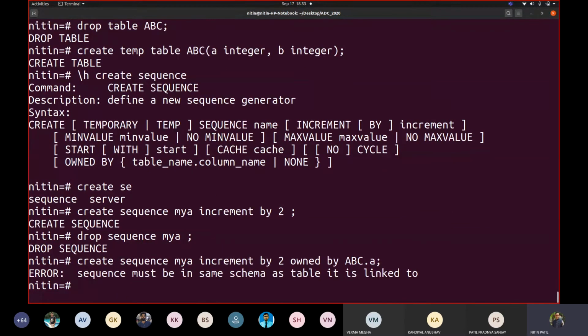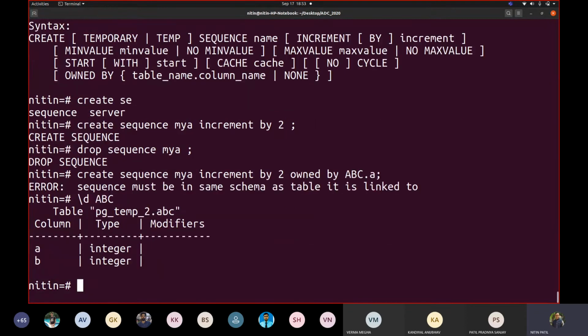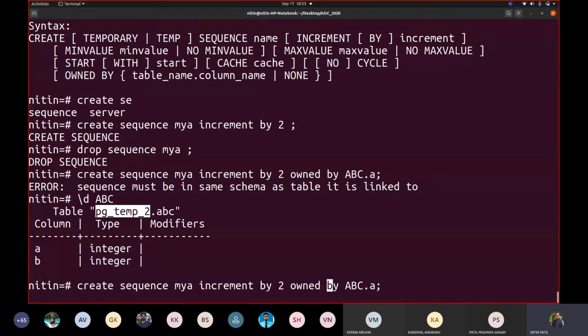It says the sequence must be in the same schema as the table it is linked to. If I write /d ABC, as we created this as a temporary table, that's why it is giving this error. So now I have to write create temporary sequence.